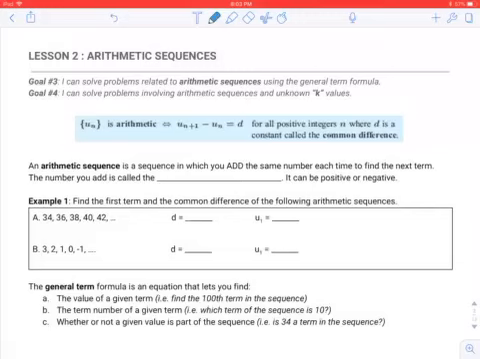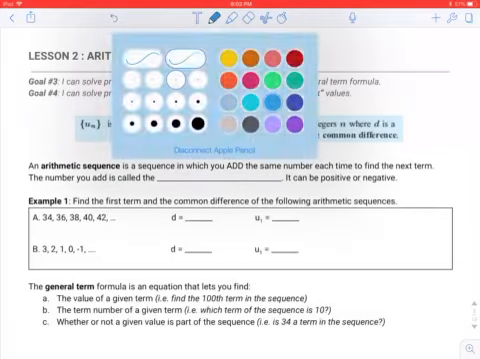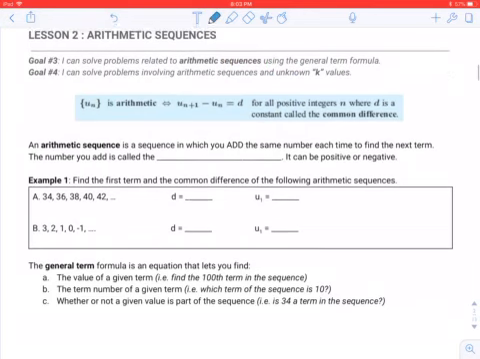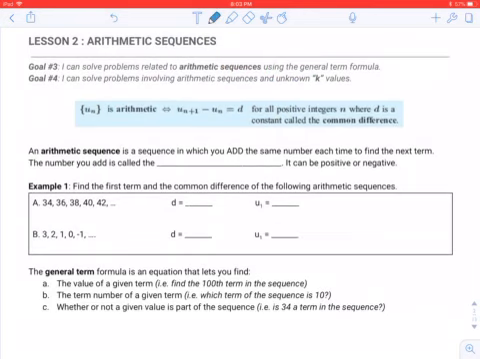Right, so in this video we're going to talk about Lesson 2, arithmetic sequences. So we'll talk about them in general a little bit and then look into some problem solving. An arithmetic sequence is a sequence in which you can add the same number each time to find the next term. So when you think back to Lesson 1, there were some of those sequences where you identified that you could add the same number each time to get to the next term, or subtract, and those are arithmetic